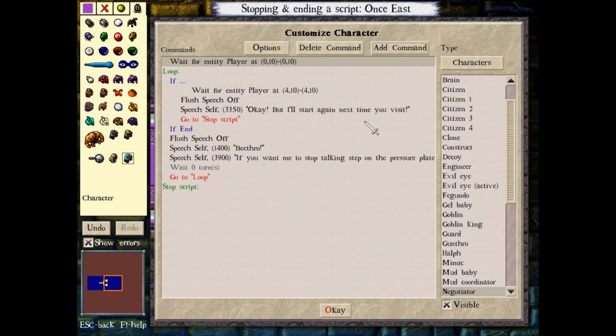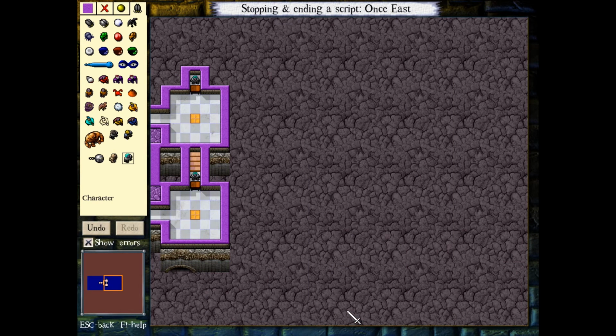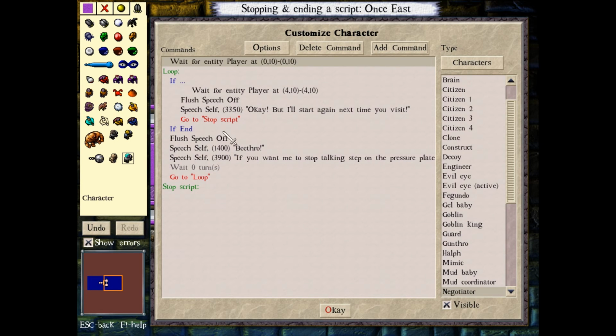So there are basically 2 ways to achieve stopping of the script. The first way is to have a very simple script which just reaches its end naturally. If there were no loops here, no go-tos, nothing like that, after a few turns, maybe more, maybe less, the script would reach its natural end and it would stop. Now, if you want to speed this process a bit, the easiest way is to create a label